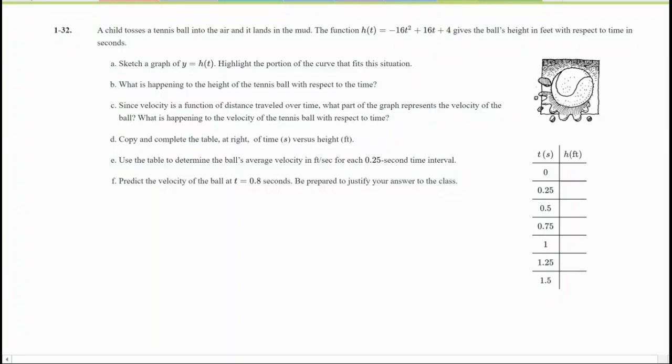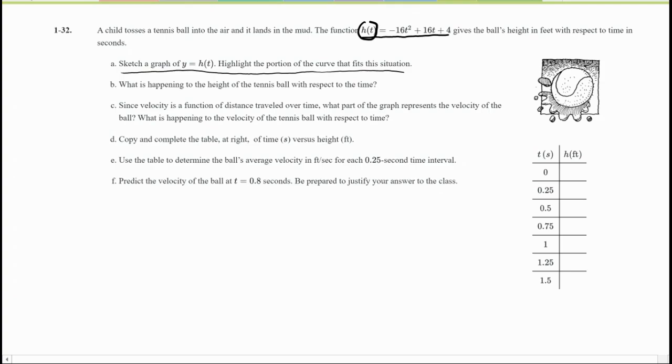So for number 32, a child tosses a tennis ball into the air and it lands in the mud. The function that we're going to be using is h of t equals negative 16t squared plus 16t plus 4, which gives the ball's height in feet with respect to time. So h of t here is the height, whereas t represents the time. To start, sketch a graph of y equals h of t and highlight the portion of the curve